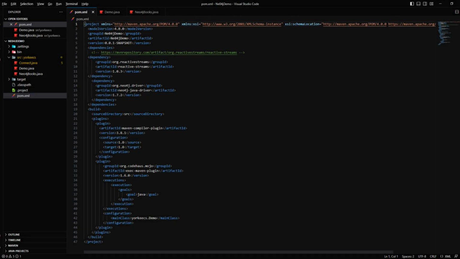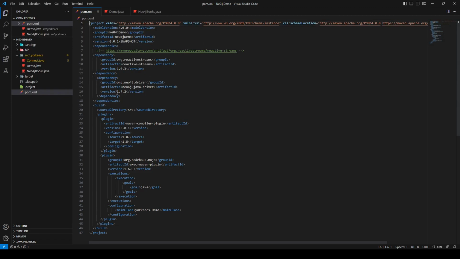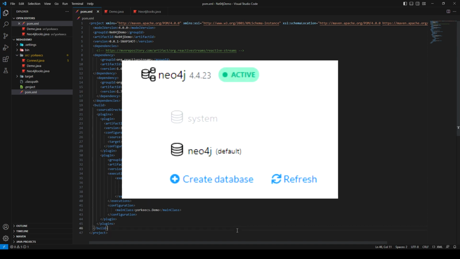So we have our database up and running, but we want to be able to talk to it using our controller application. Let's look at how to do it with Neo4j and Java. Note, in this demo we are using an outdated version of the Neo4j Java driver package. Specifically, our target version is 1.7.2, as we've specified in our maven pom.xml file. We also assume that your Neo4j database is on version 4.4.23, which is the last version to support the 1.7.2